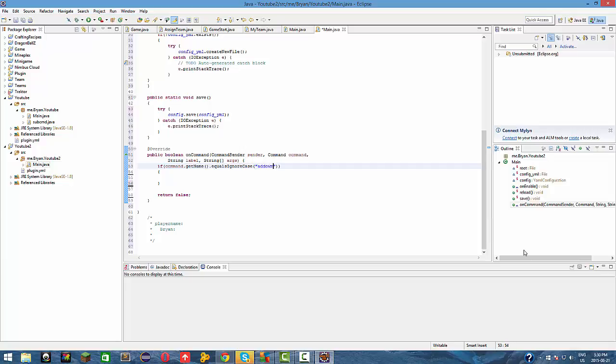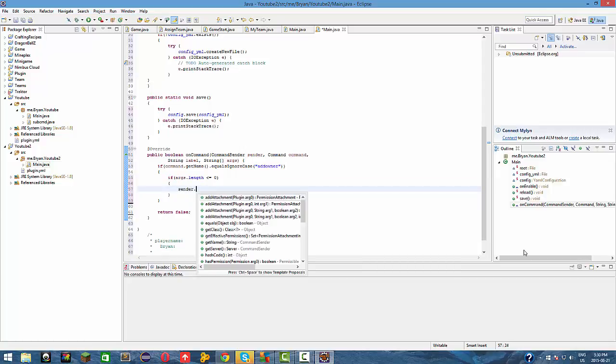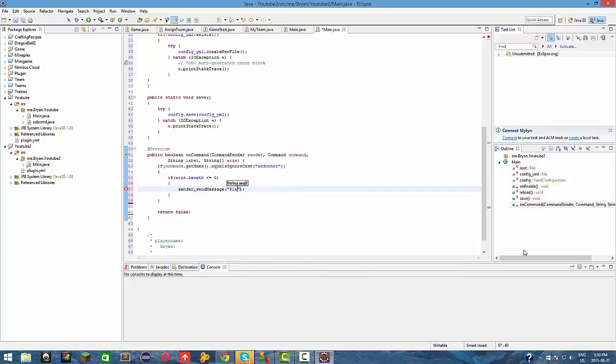Let's say you have one of those plot plugins, and you just want to add an owner. You can say if the args.length, you guys all know how to set args length and stuff, is less than or equal to 0, then send message, please specify a player name, and else